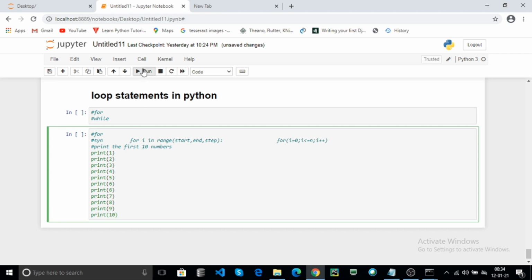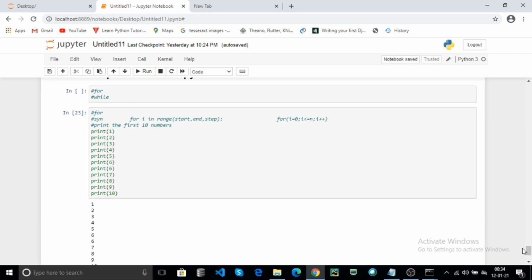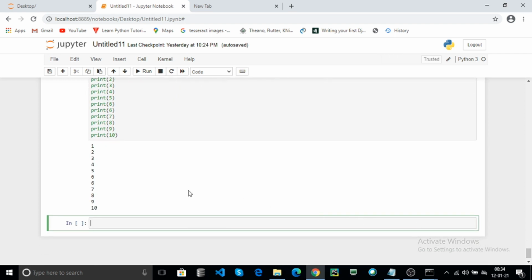Now click on run. It prints the first 10 numbers.